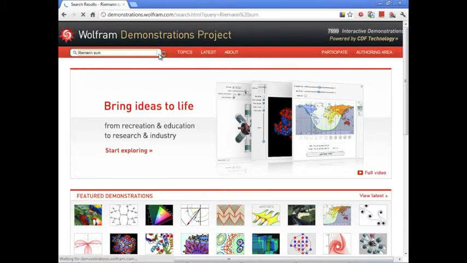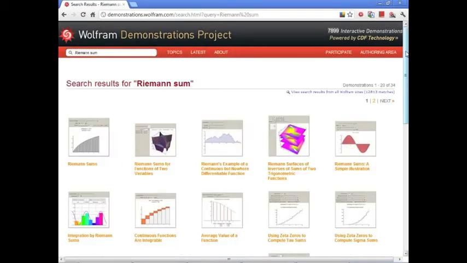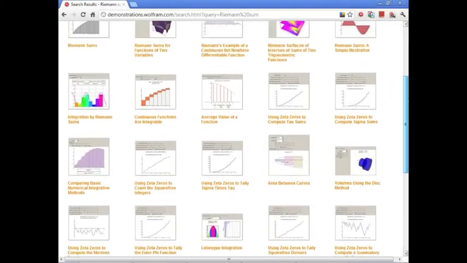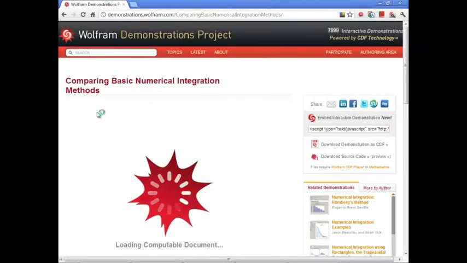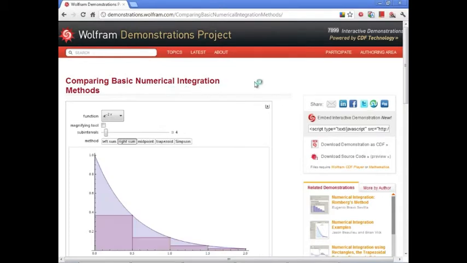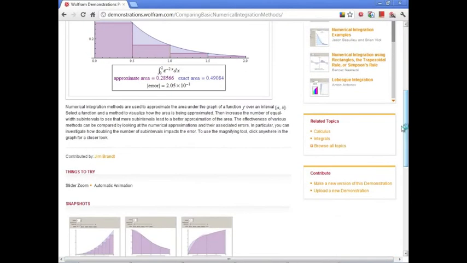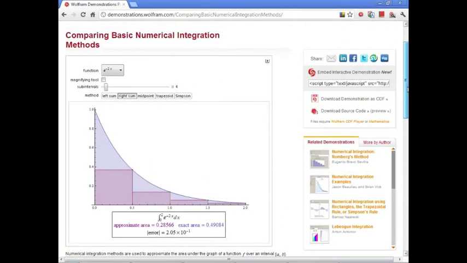When we do the search, we come up with quite a few applications, and one of my favorites is called Comparing Basic Numerical Integration Methods, submitted to us by a user called Jim Brandt. The reason I like this one is because besides the obvious rectangle subdivision, which you can see in the picture, it also provides many methods: left sum, right sum, midpoint, trapezoid, and Simpson methods, and also provides you